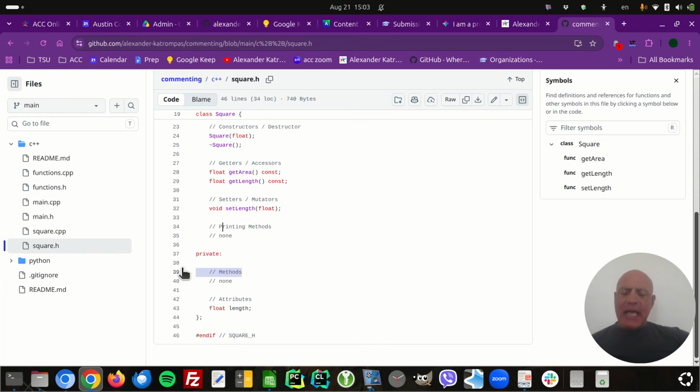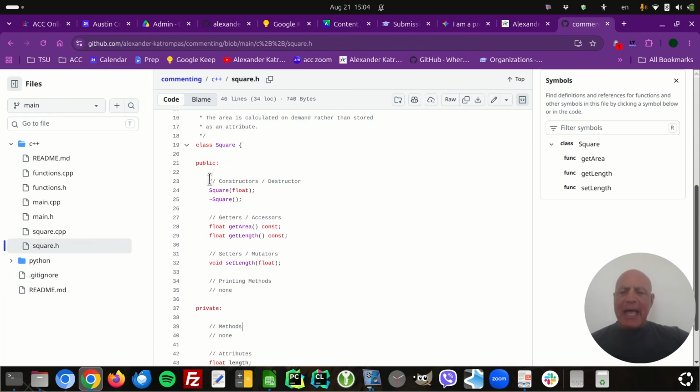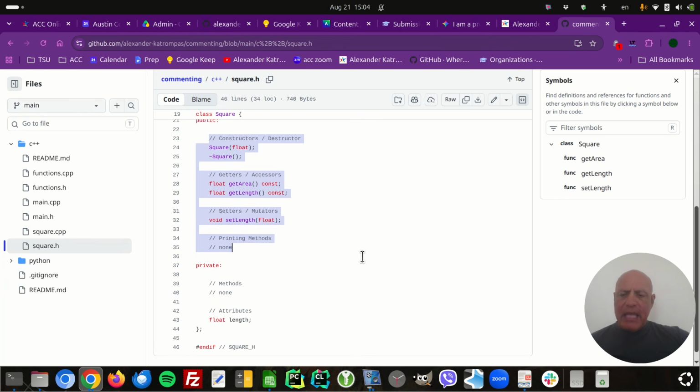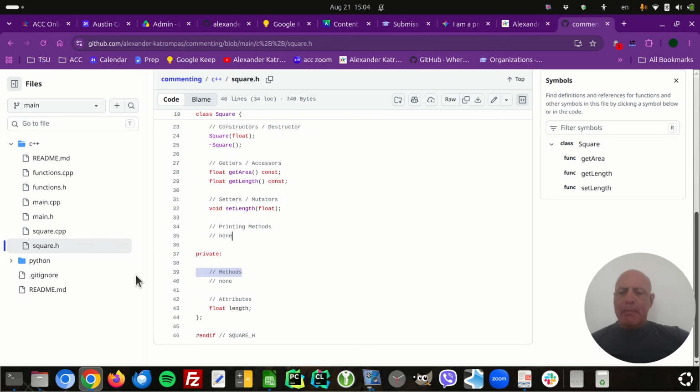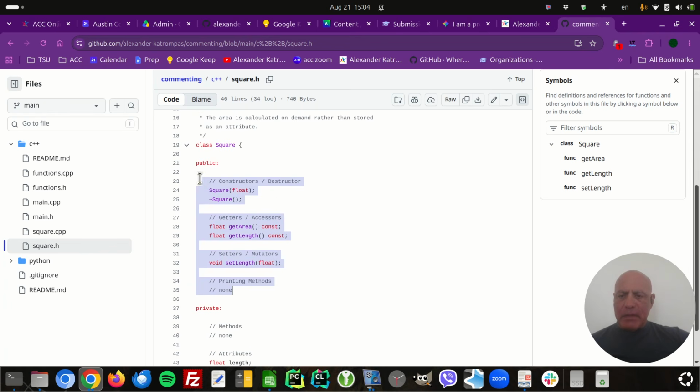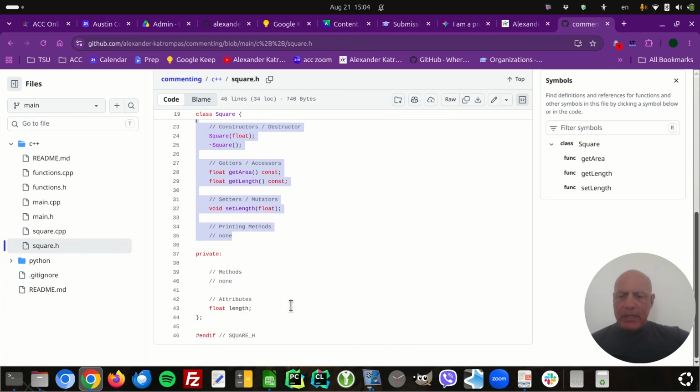But once you're inside and something's private, we just say they're all helper methods. There's only one kind of private method, really. It's a helper method. So there are no setters and mutators or getters or accessors down here. Up here we break up by kind of method, and down here we just break up by methods and attributes, because up here there is nothing else but methods. There are no attributes up here. Down here, there could be attributes or methods, and all methods are one kind, which are our helper methods.